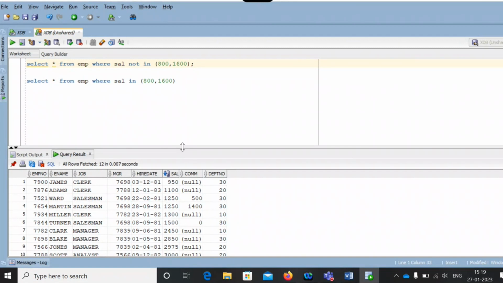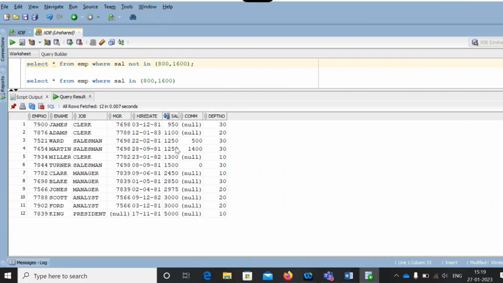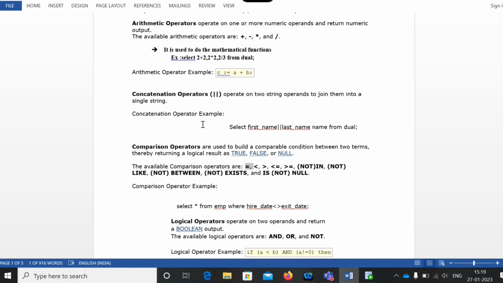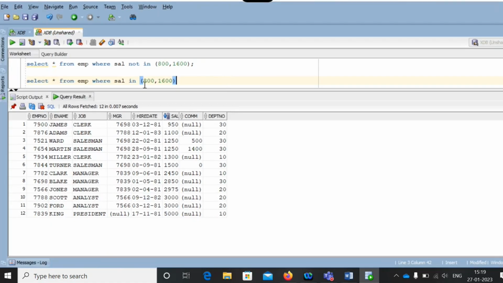See, we don't have any information on 800 and 1600, right? Now we have other operators. The equal operator is done. Now we see about greater than and less than. Now I'm trying to retrieve where the salary is greater than 800.